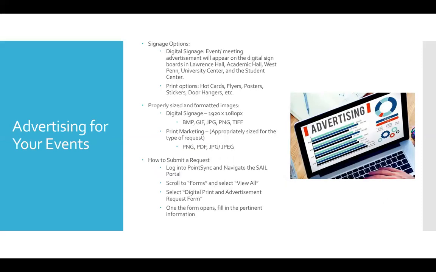So, advertising for your events. You have a couple different signage options. You have digital signage, which is your event or meeting advertisement that will appear on the digital signboards in Lawrence Hall, Academic Hall, West Penn, the University Center, and the Student Center. And then you also have some print options, which are hot cards, flyers, posters, stickers, door hangers, etc. Anything from the print shop. These are just a couple of the sizes for formatted images so that everything looks its best quality. And then when it comes to submitting a request, you log into PointSync and